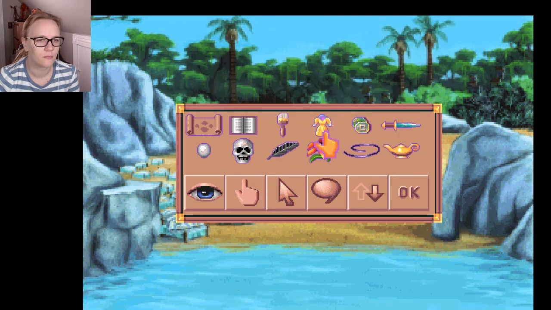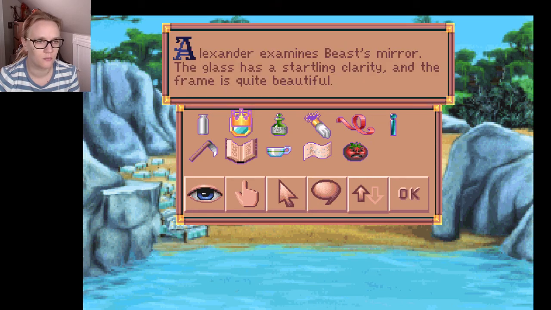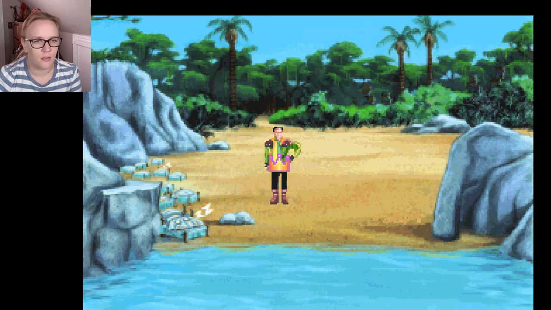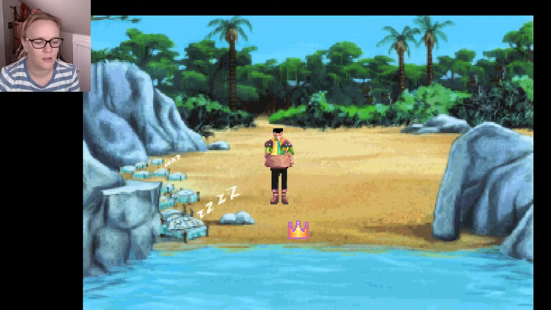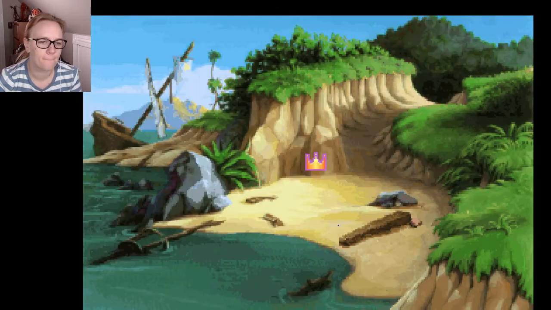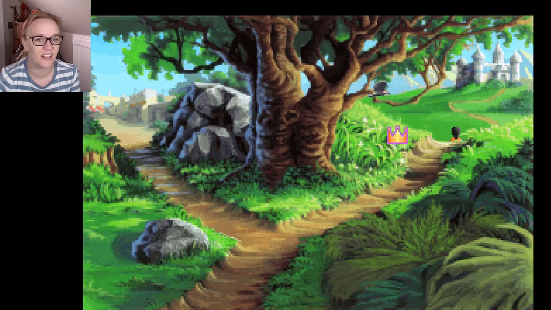Alexander searches. Beautiful. And then I have the Alexander mirror. Examines Beast's mirror. Great. Alright, I am traveling to the Isle of the Crown. I don't know why that worked. I just clicked on it, I didn't click on Alexander, but whatever. I'm just gonna check things out. Maybe I'll run into Jollo somewhere. That's always nice. Except he said he's never coming back, so...